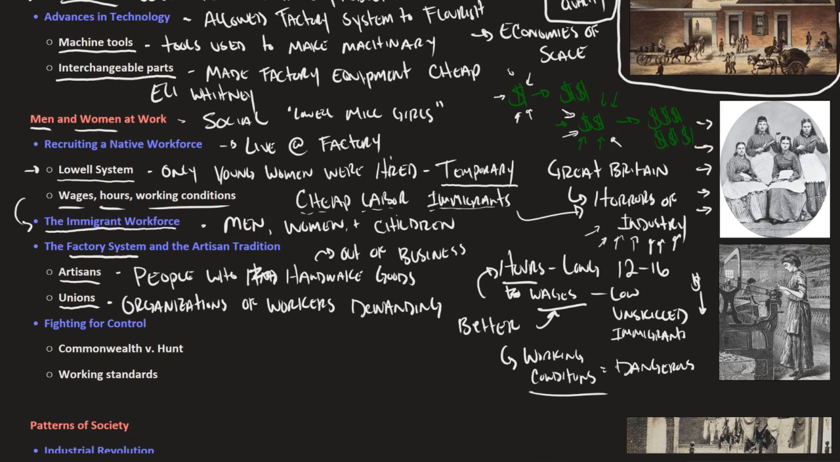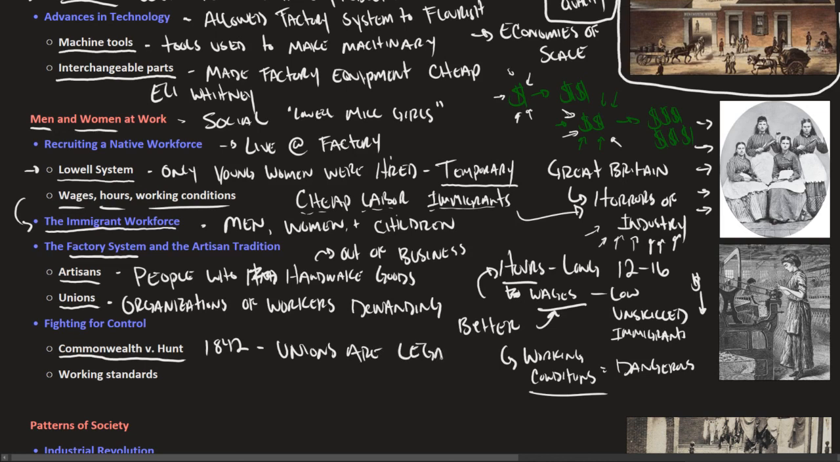Unions at first were illegal. In the case Commonwealth versus Hunt, I want to say this was 1842, I'd have to check the textbook, there was a ruling that said unions are legal. Even before that, it was illegal for workers to come together. They were charged under conspiracy laws or something like that. Commonwealth versus Hunt has to be a Supreme Court case, yeah. It said that unions were in fact legal,